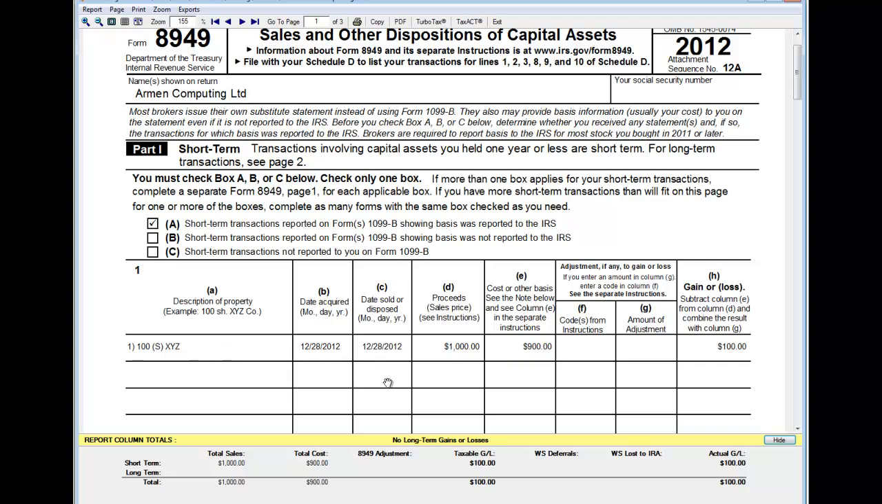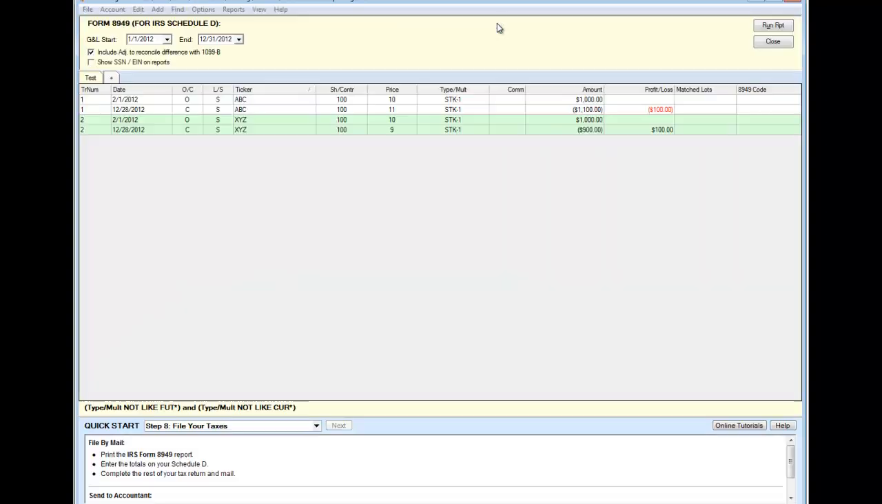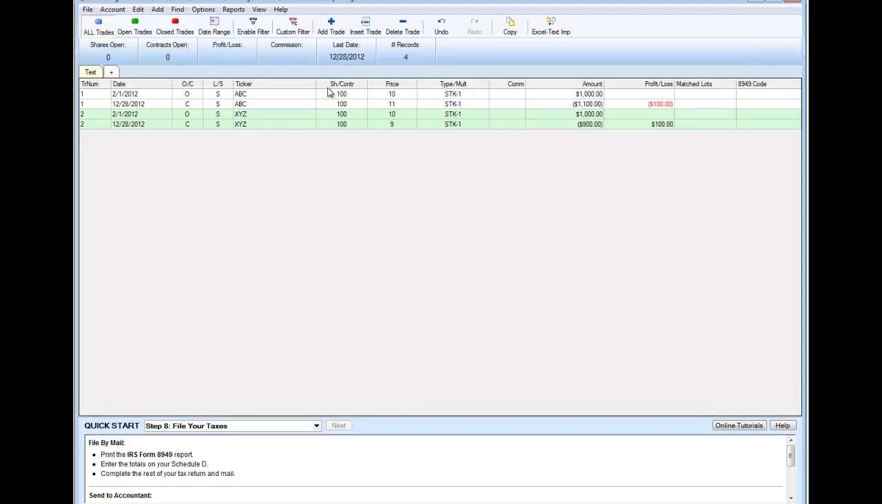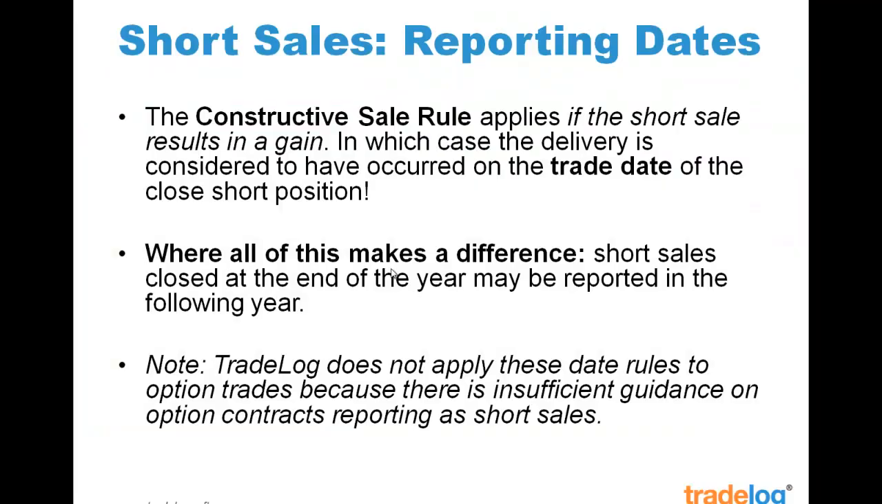However, XYZ, since it closed at a gain, is going to be reported still in 2012. So that's where you're going to see the difference: at the end of the year, when those short sales that were reported in those last few days, some might be reported in 2013, some may be reported in 2012. All of this has to do with the way the IRS wants those reported and the application of the constructive sale rule. Now, just a side note with this,